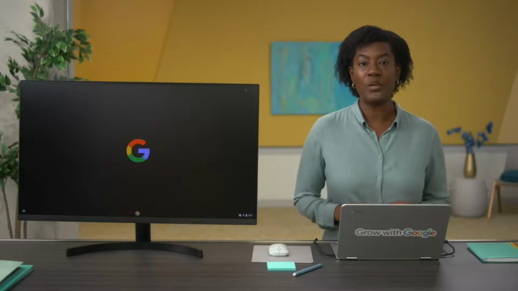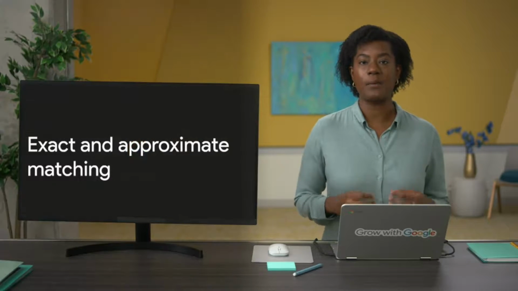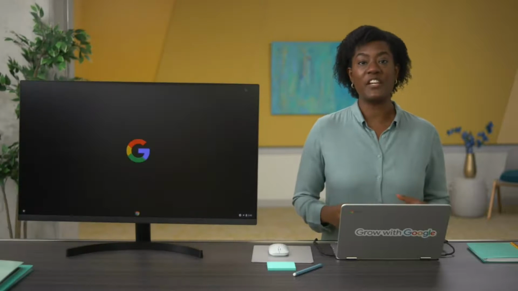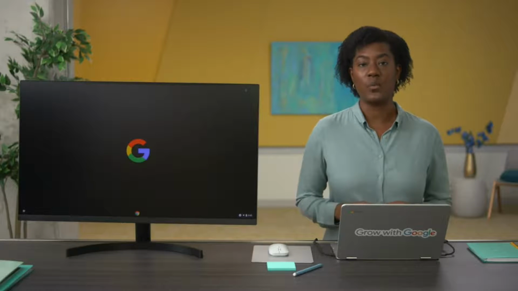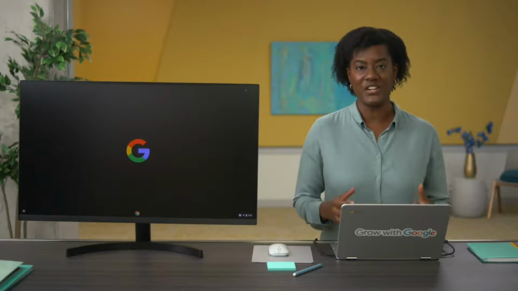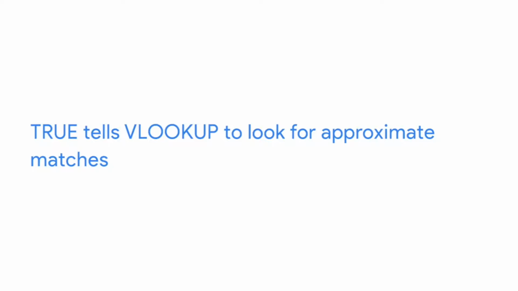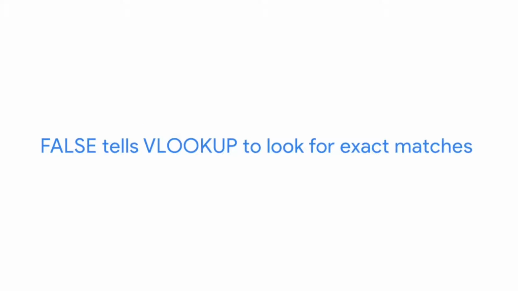The final problem we'll talk about has to do with exact and approximate matching. When using VLOOKUP, you're likely to get different results depending on whether you enter the word true or false within your function. True tells VLOOKUP to look for approximate matches, and false tells VLOOKUP to look for exact matches. So if a function looks like this, it's telling VLOOKUP to find the closest match to the text or number